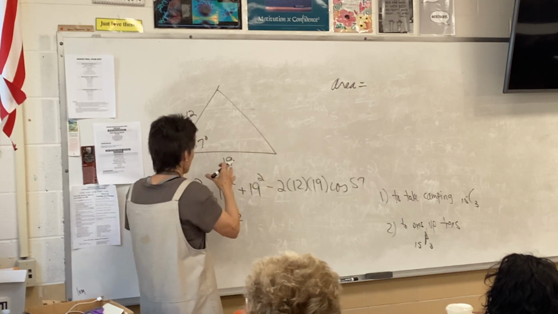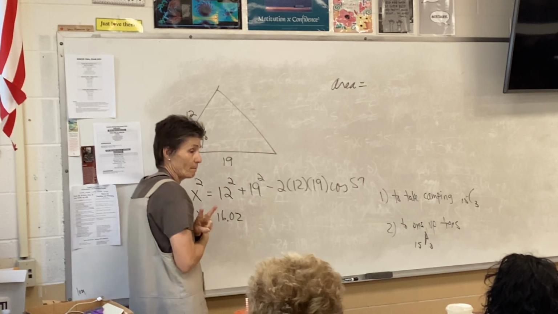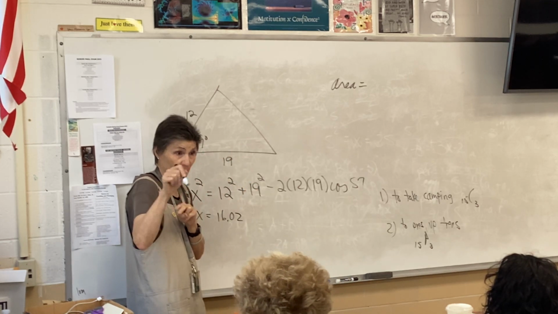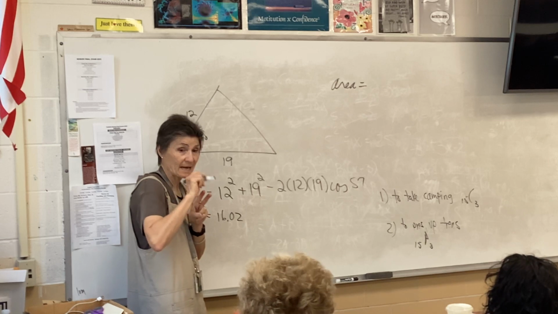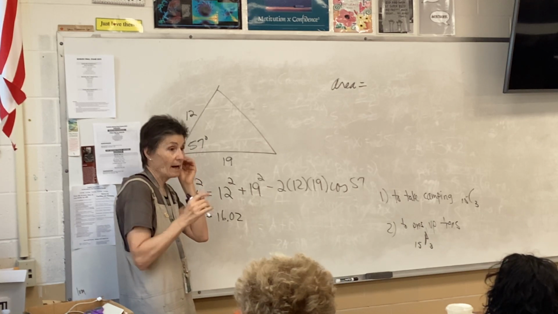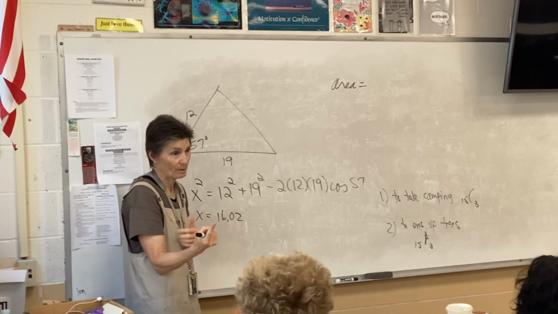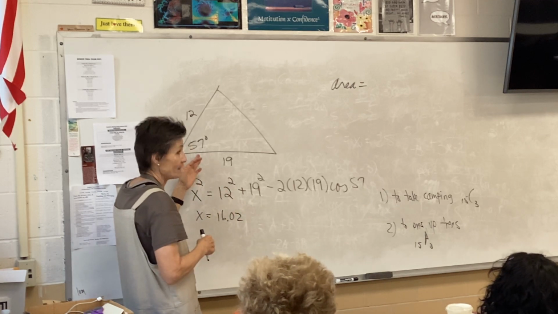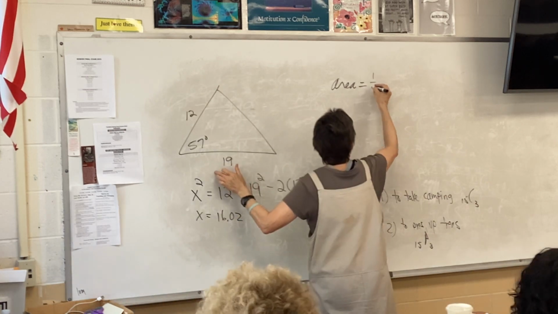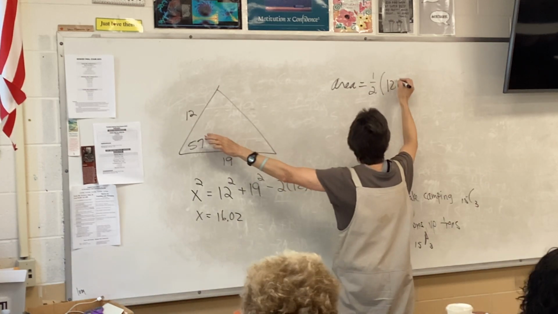Now, when you find the area of the triangle, you have two formulas on your sheet. One is Hero's formula, the big radical, right? What does it take to use that one? If I'm gonna use Hero's formula, what do I need to know? I need to know all the sides because it depends on the perimeter. Well, I don't have all the sides, so I'm gonna use the other formula, which is 1/2 side times